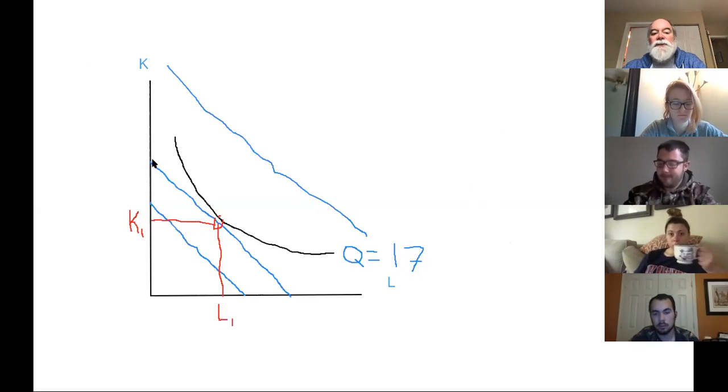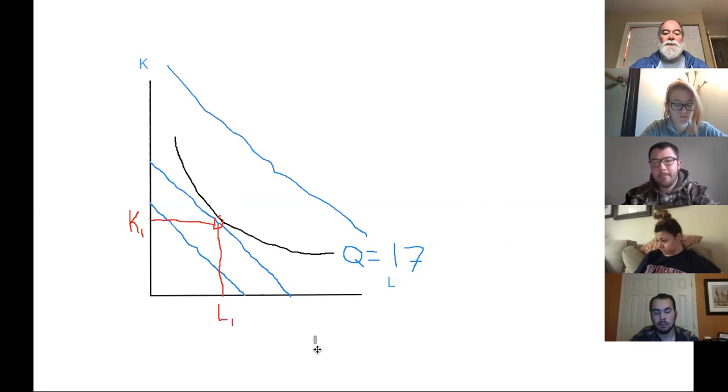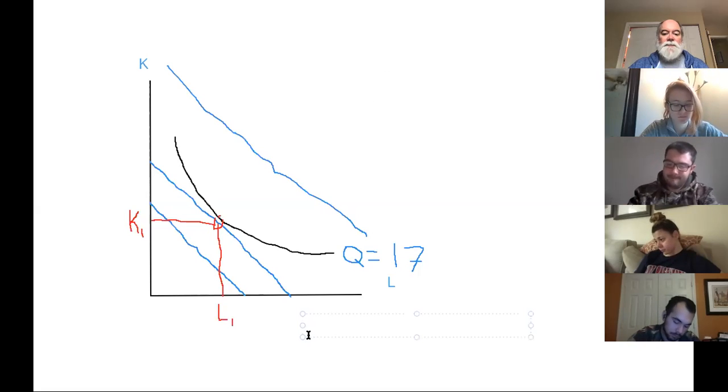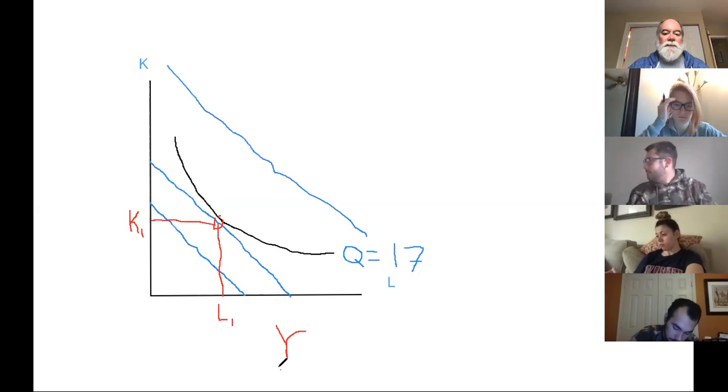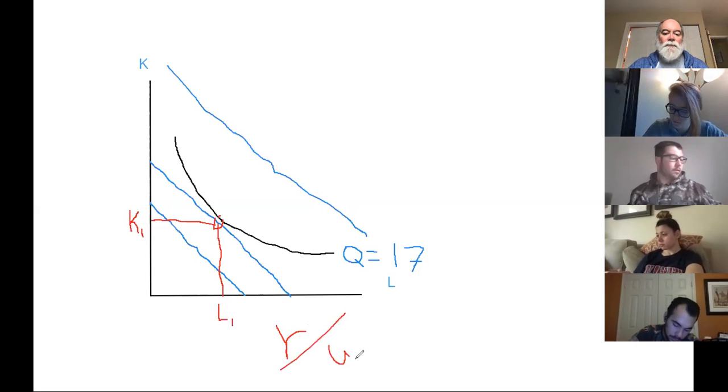Okay, so the slope of the isocost line is analogous. It's going to be the rental on capital divided by the wage rate. So W, whoopsie, that didn't work. Text, red, we'll go red. Rental divided by wage rate. Okay, so